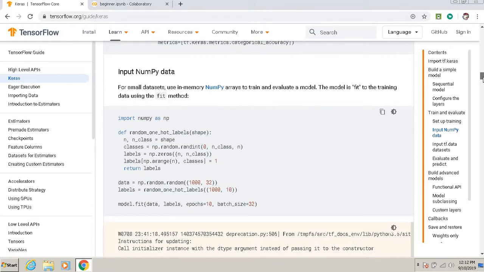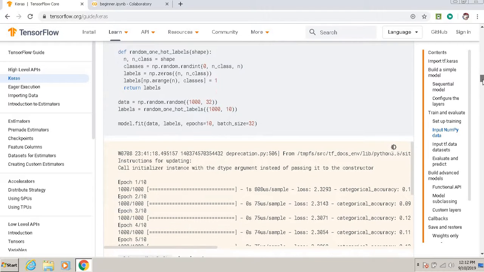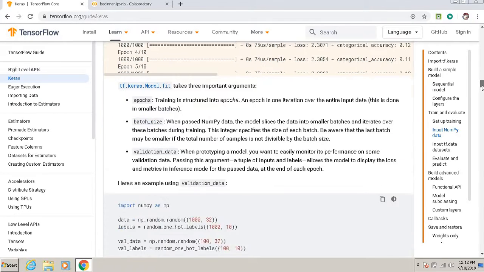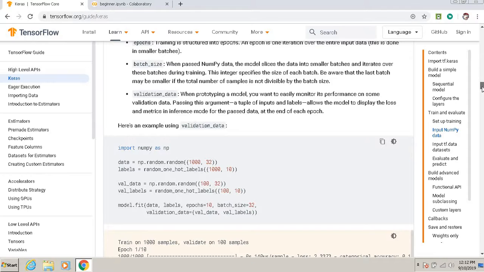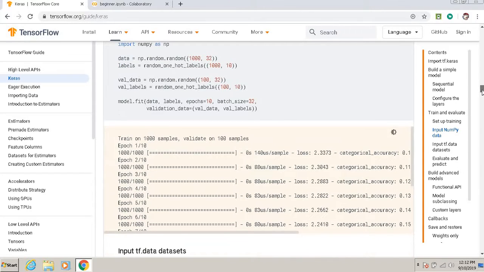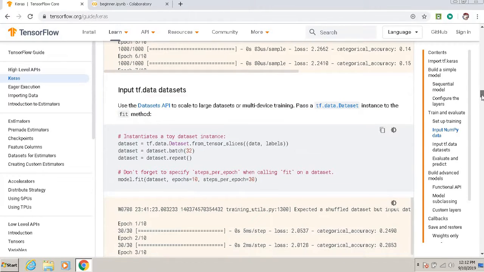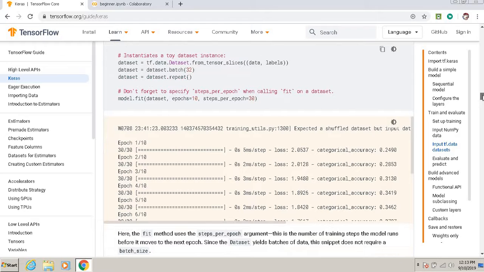Earlier we talked about MNIST, which is actual data. Here you can see one of the other data sets, which is the data set from tensor slices.